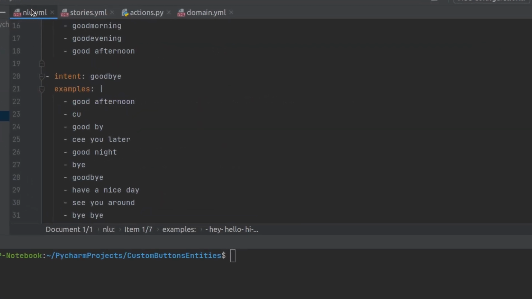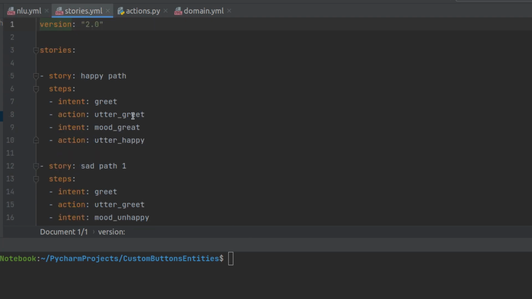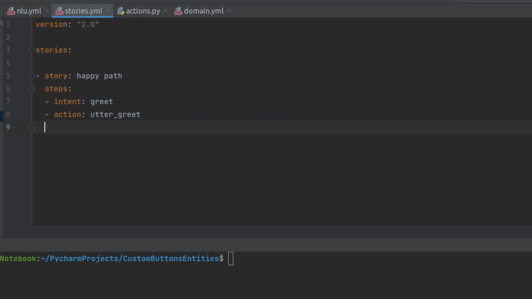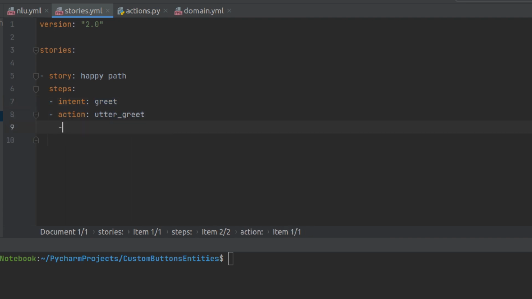So I will show you that also. Let me go to the stories first of all, and let me remove the rest of the stories because I don't want them right now. Currently, I will initialize the chat, the bot will reply with a great reply, and accordingly I want another action to be called. So let me introduce that action,